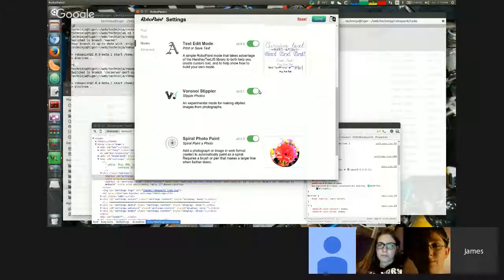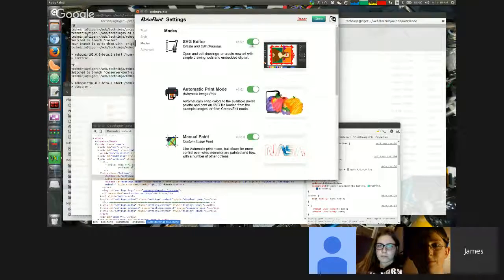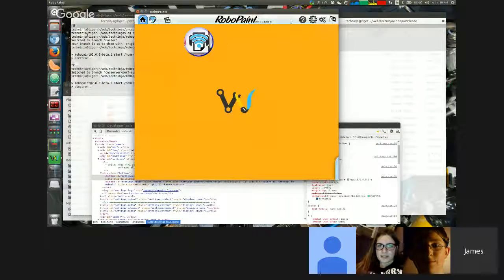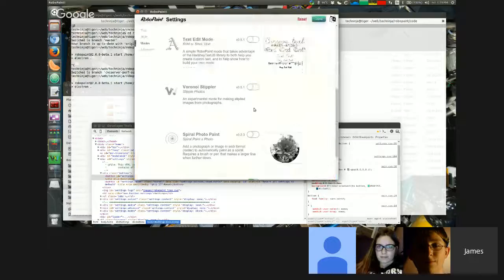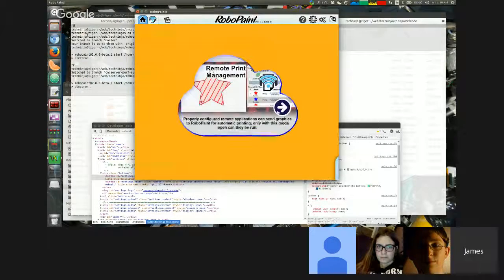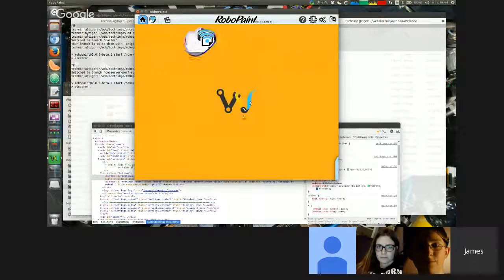Anyway, these all have versions because they're their own projects, and they can be turned on and off just like that. You can actually turn off every single mode. I talked with Wendell about that. He actually kind of liked the idea of being able to turn everything off. And then you still have, well, I actually left that one on, didn't I? There it is. So you just have the remote paint mode. And isn't that animation fun?